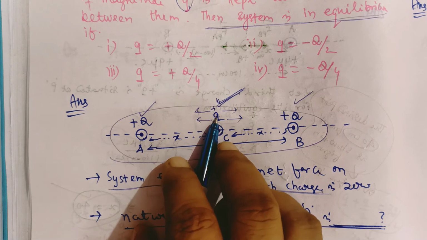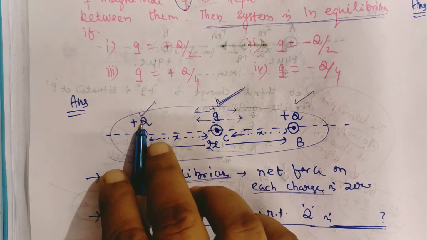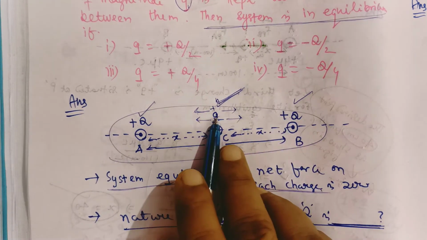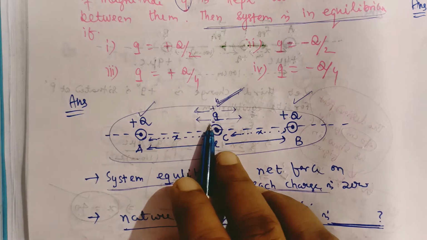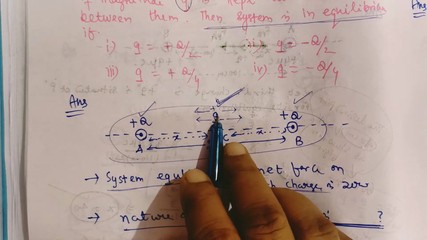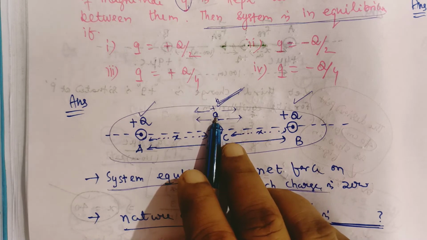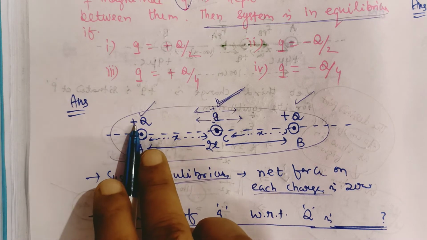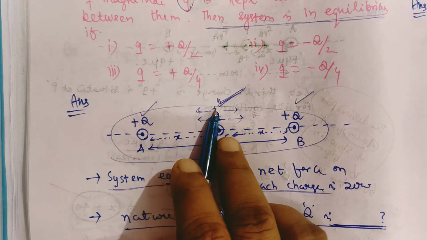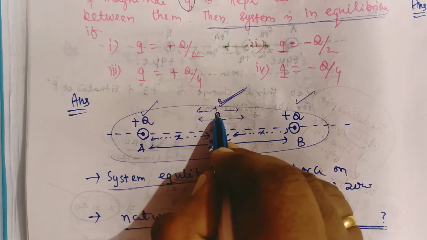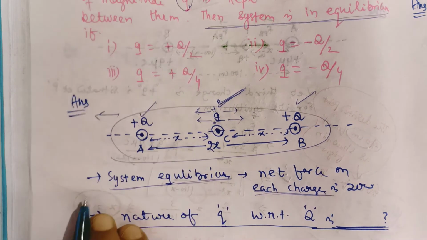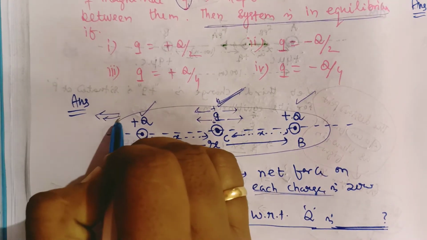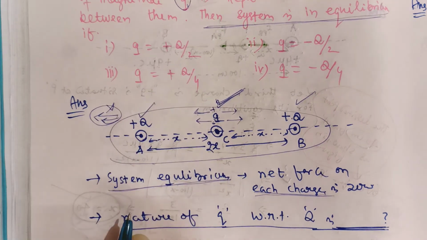The nature of small q may be the same as capital Q or opposite to capital Q. Here plus is written, which means small q may be positive or negative if only the third charge is in equilibrium. But the question is not only about the third charge. We have to check that this charge is also in equilibrium. For this charge, if it is plus q, you take plus q here. Now this plus q will repel this one in this direction, and simultaneously it also repels this one in this direction. So it cannot be equal to 0.